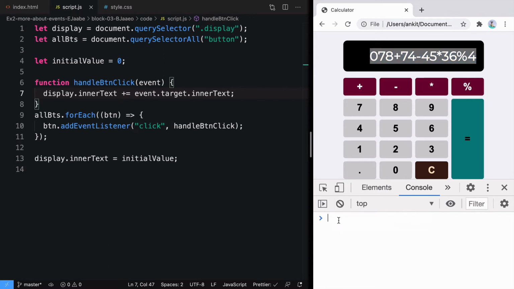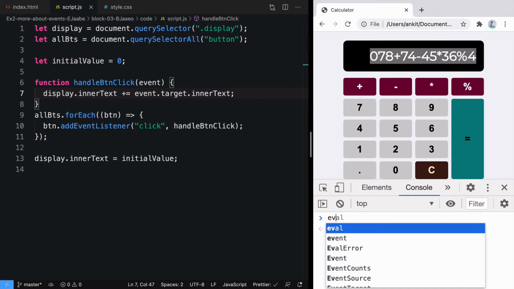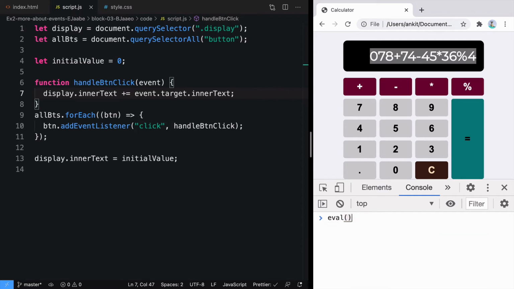So the simplest way of doing this is using a special function in JavaScript known as eval. Eval accepts a parameter in which you can pass any kind of operation, something like 1 plus 1. If you press enter, you will get the output of that equation. So here, if we try the same thing that I did here and paste it right here, you will see we get the value, that is 152. So this is how eval works.